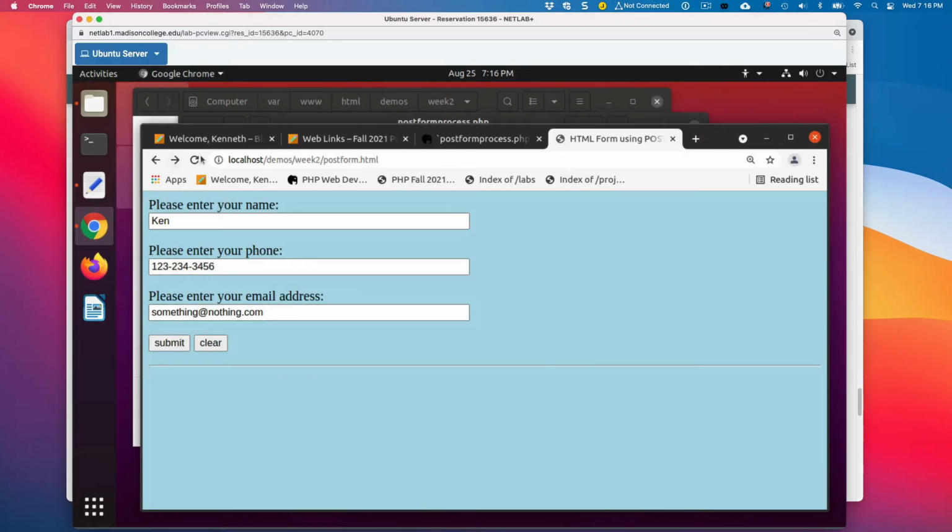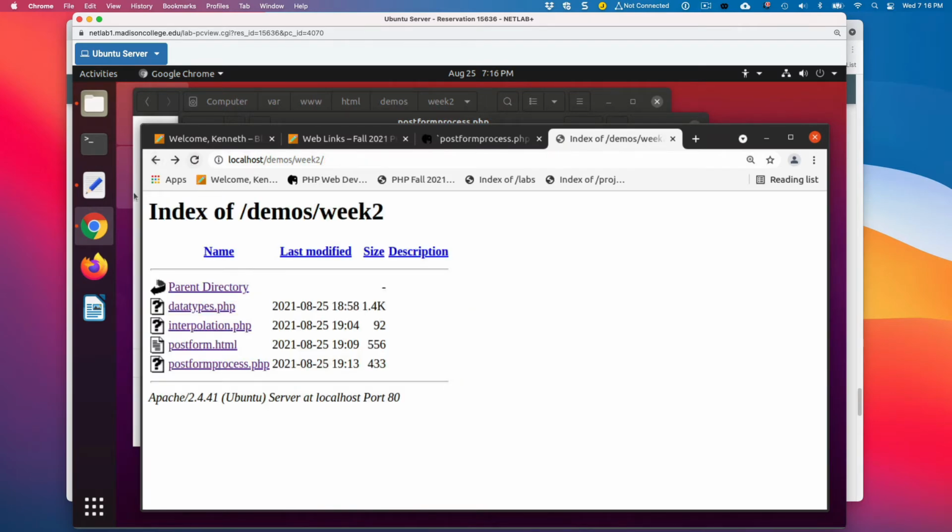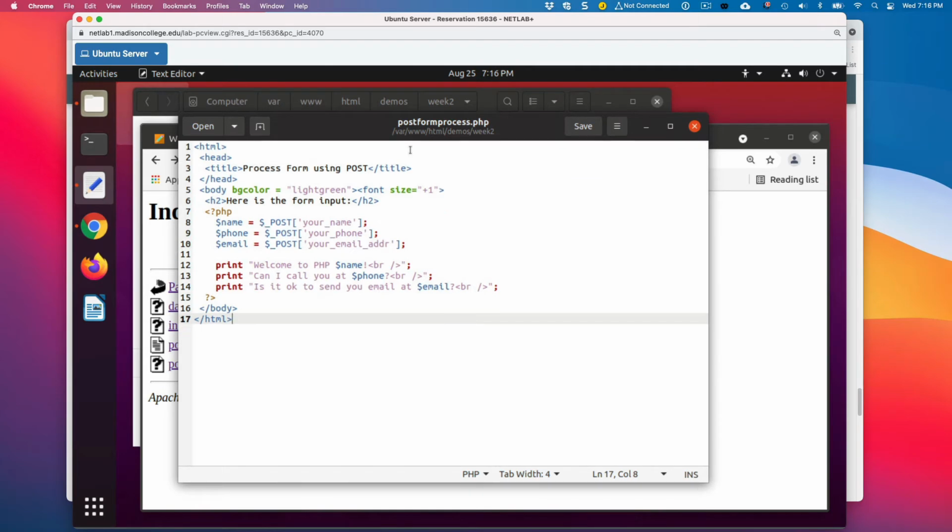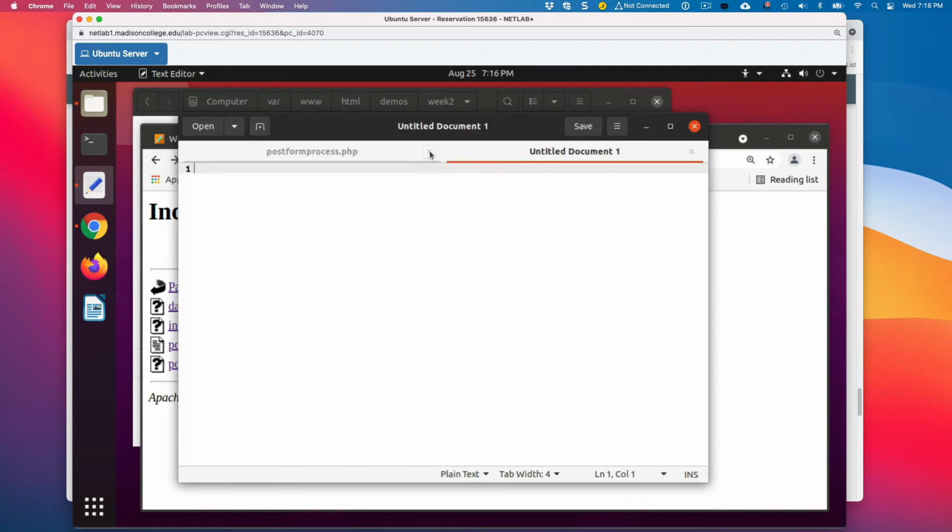So what I want you to do is go back to your editor. We'll get rid of this. We'll create a new script right here, and you're going to create a file called fullname.html.